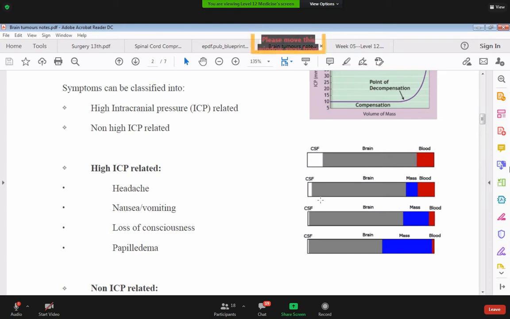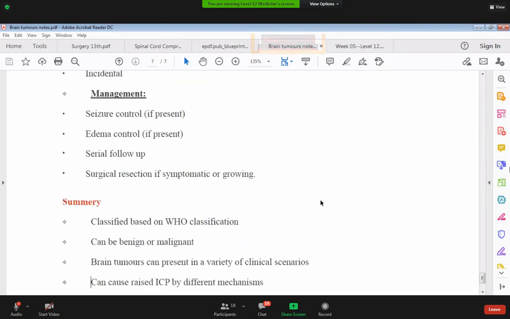It's itself pressure symptoms, and there is the effect on the intracranial pressure. If the intracranial pressure is affected and is high, then the symptoms are secondary to that also. So this mass lesion has both kinds of symptoms. Depending on its location, the symptoms change also. So the non-intracranial